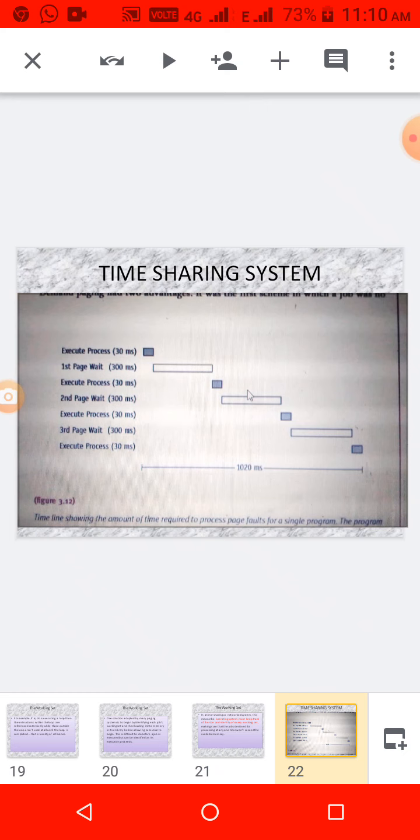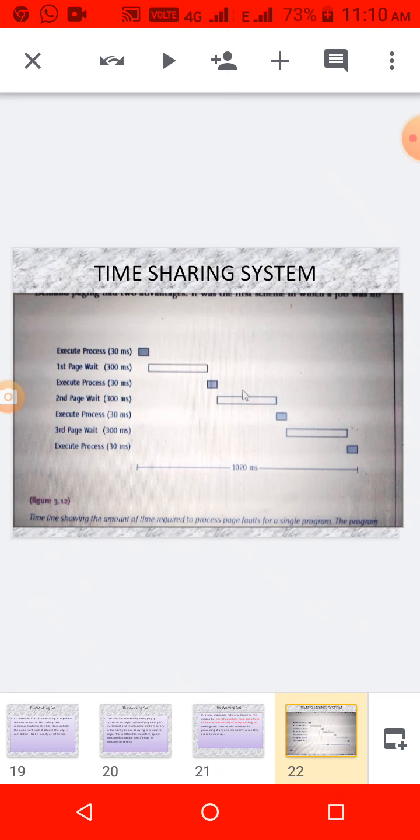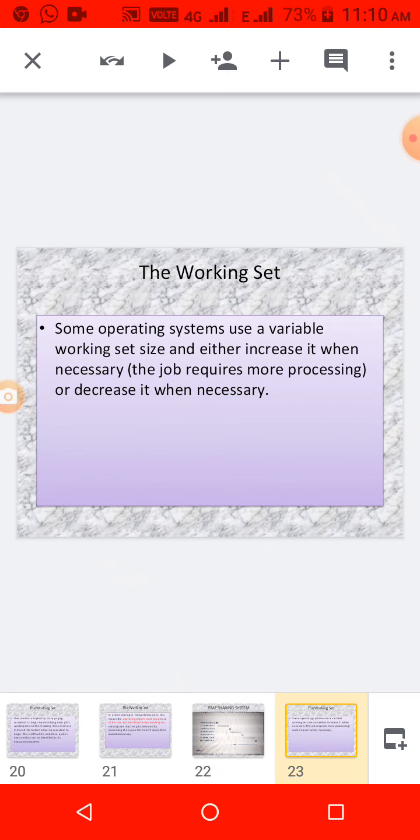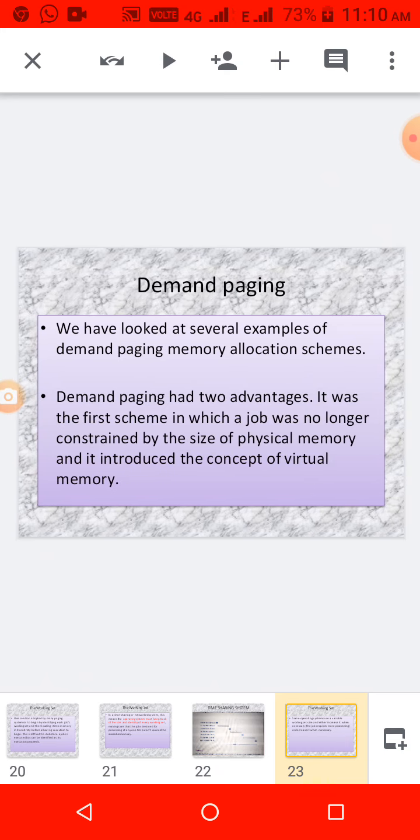In a time sharing system, a particular time limit is allocated to every job, and that job is executed for that time. After the time limit is over, another job is executed. Some operating systems use a variable working set size, which either increases or decreases when necessary.